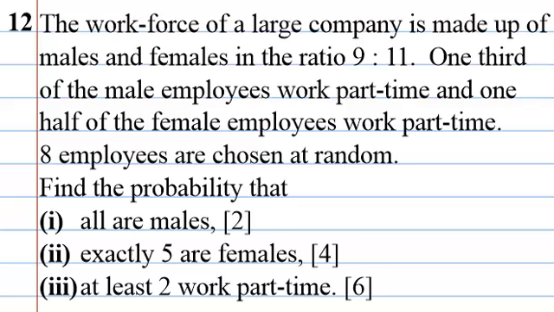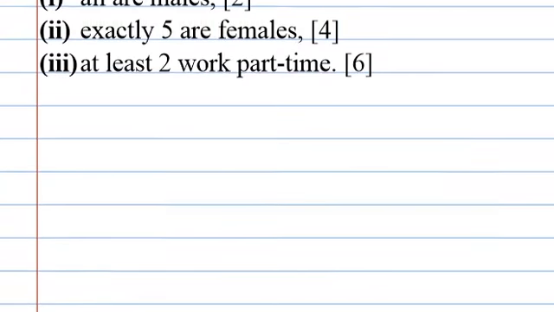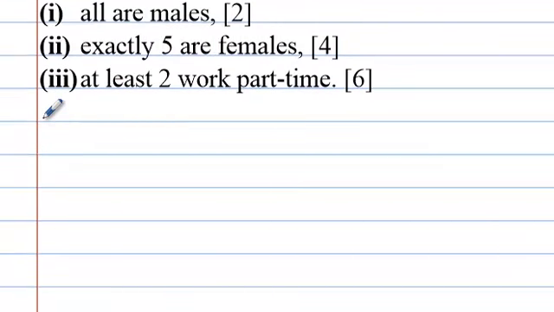Question 12. Workforce of a large company is made up of males and females in a ratio of 9 to 11. 1/3 of male employees work part-time, 1/2 of female work part-time. 8 employees are chosen at random. So for part 1, the probability they are all males